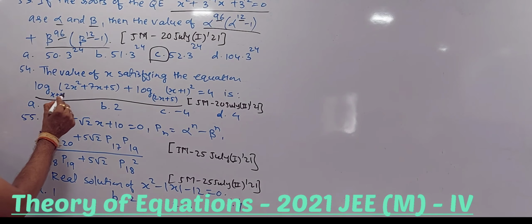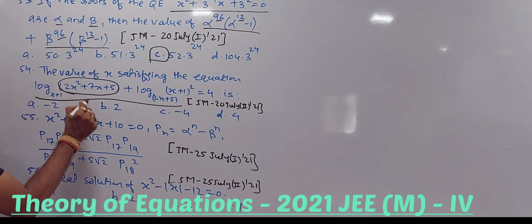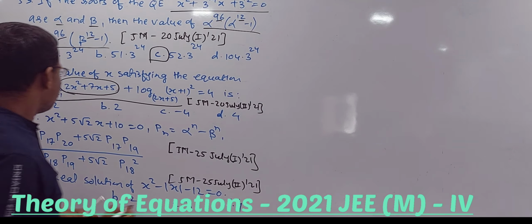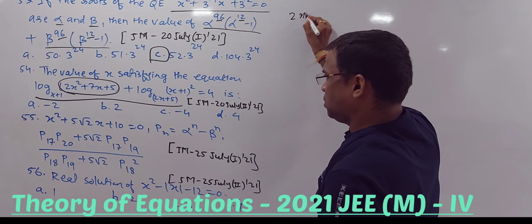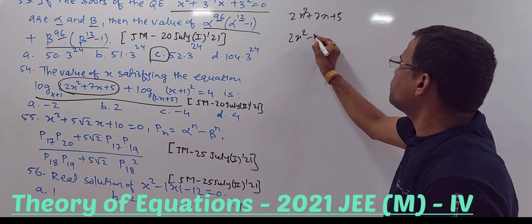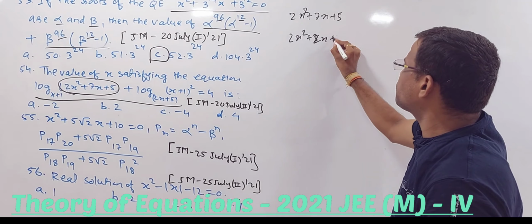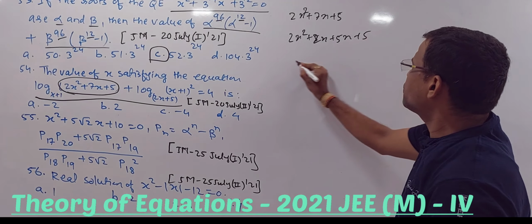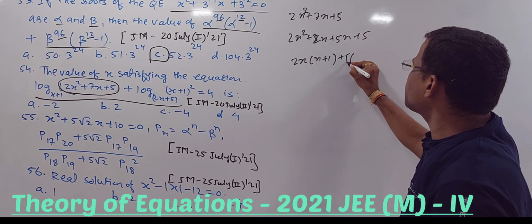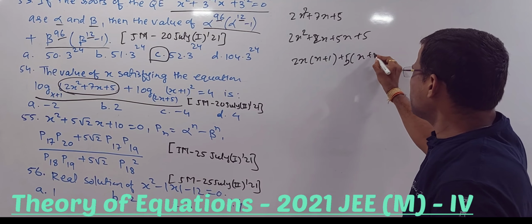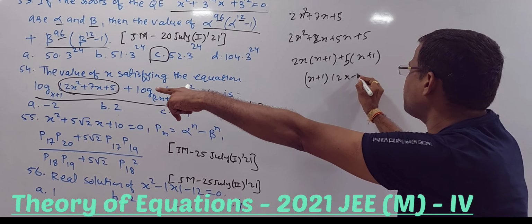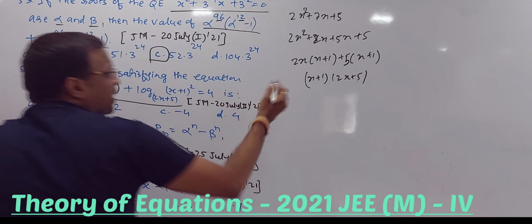Okay, fine. So I can distribute 2x square plus 7x plus 5, which is a quadratic polynomial. It can be converted as 2x square plus 5x plus 2x plus 5. So you can take 2x common, x plus 1, plus 5 common, x plus 1. So I am just doing it for you guys because for me it was very clear that the base is x plus 1. So one factor will be x plus 1.